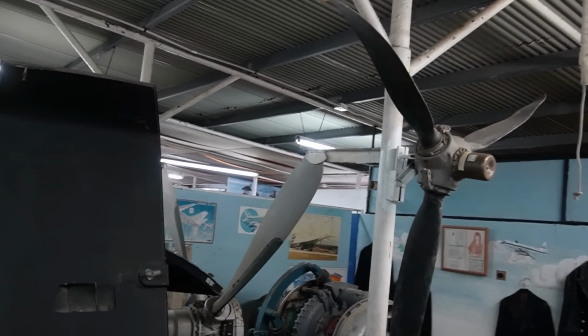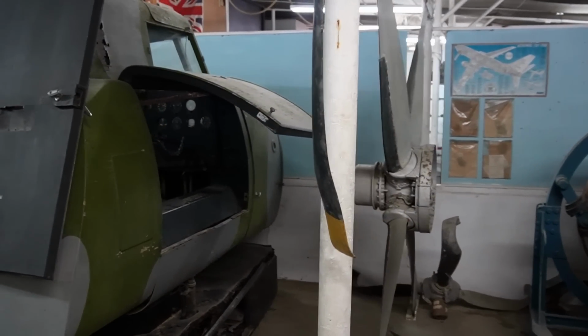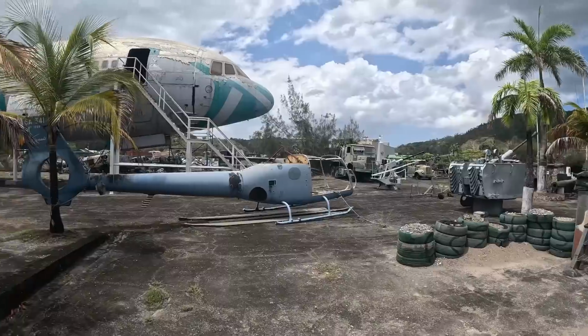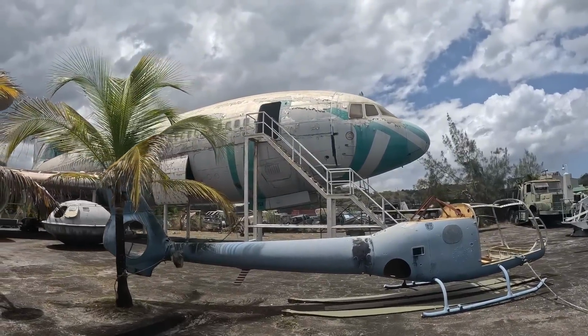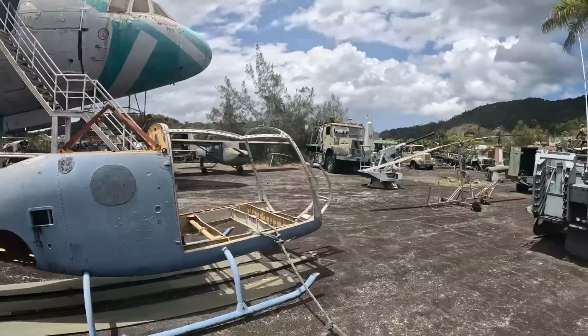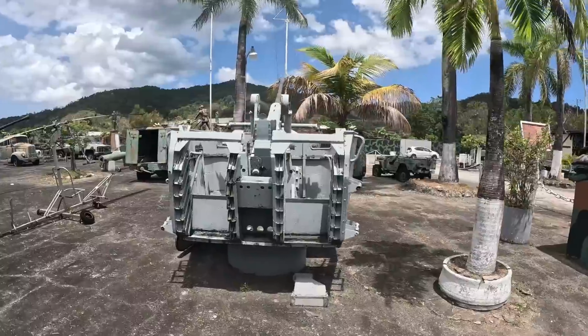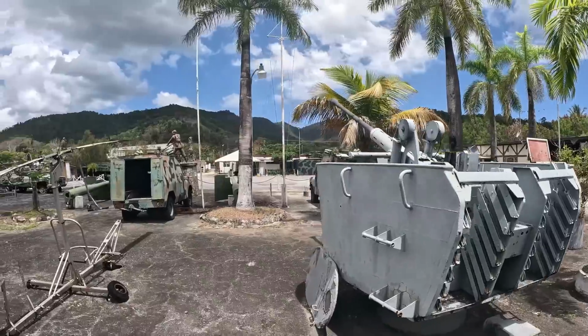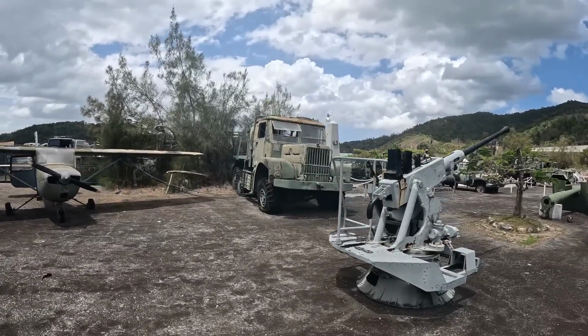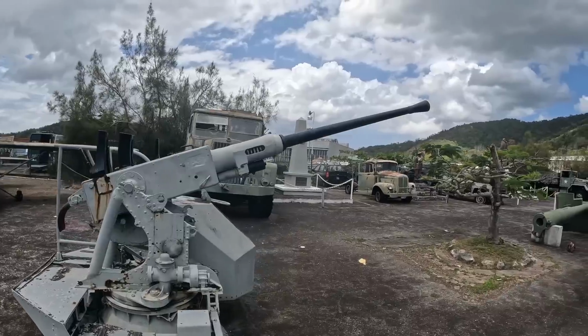This is the Airport Authority. Going through the museum, I did not know it had all those kind of cool elements inside the military museum itself. And it has a good bit of history there as well as things that they would have recovered and stored for visitors. And right now, this is on the outside. This is the old BWIA plane. That's now the museum. This is the old helicopter I was telling you about, and some gun turrets. It's kind of cool to see these things, because I did not know. Yes, I knew the plane here, but to know it had all these other elements, you know,